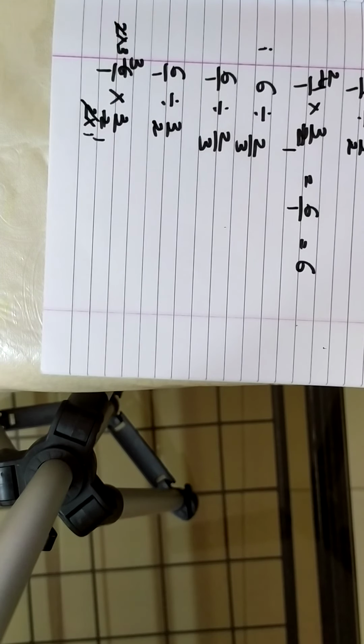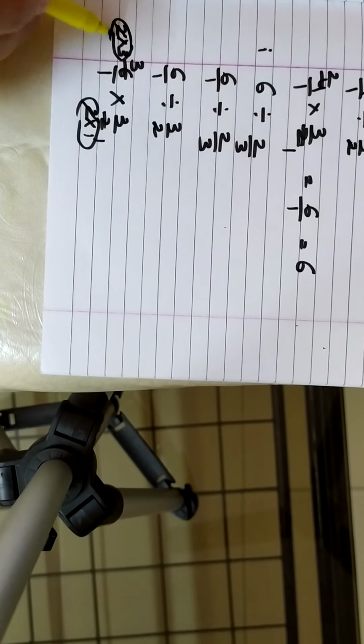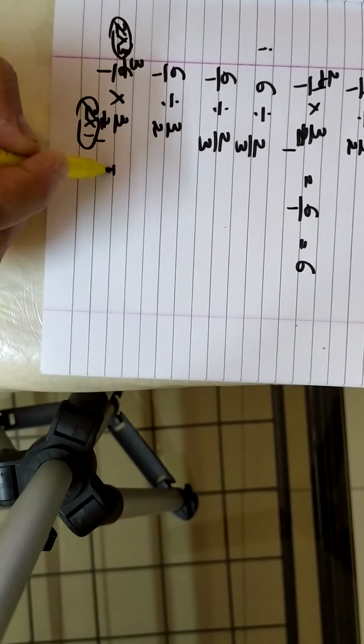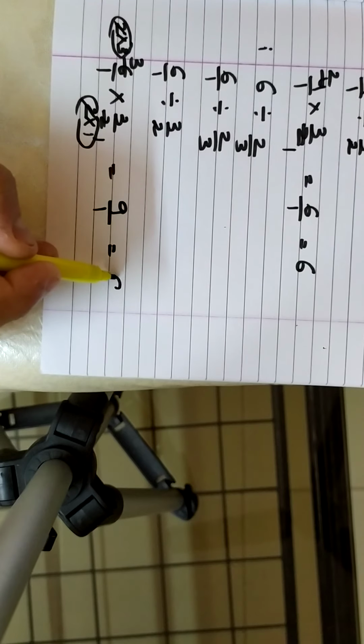Instead of getting confused, if you wish to write like this and then cut, fine. Or else if you know the tables, you can do it accordingly. Whichever way is convenient to you. Multiply numerator with numerator. 3 threes are 9. Denominator 1 ones are 1. 9 upon 1 is equal to 9.